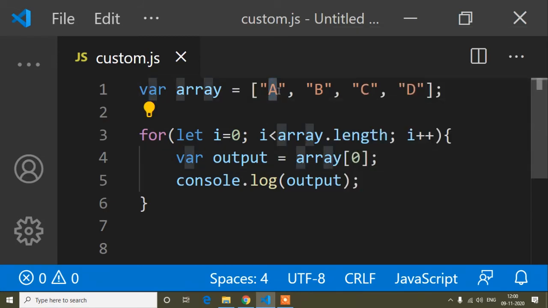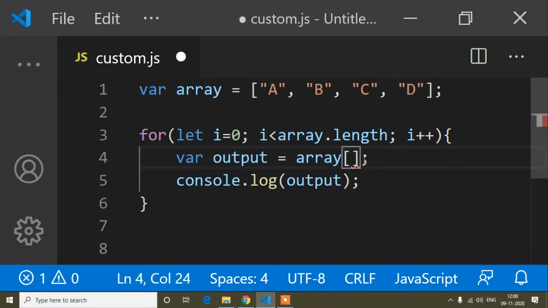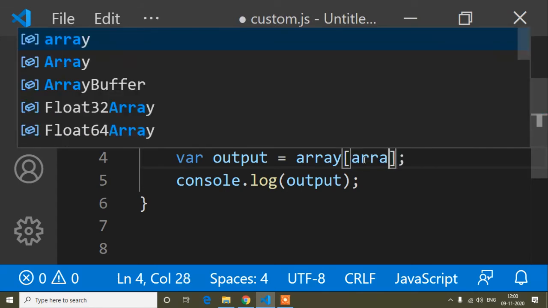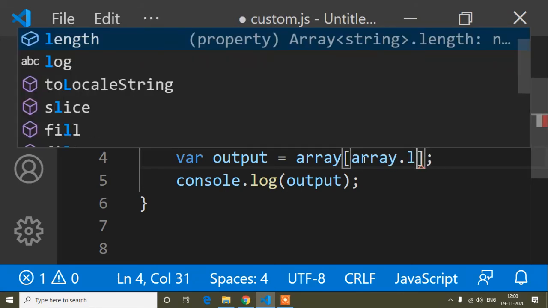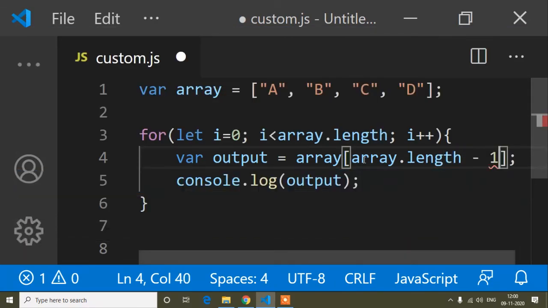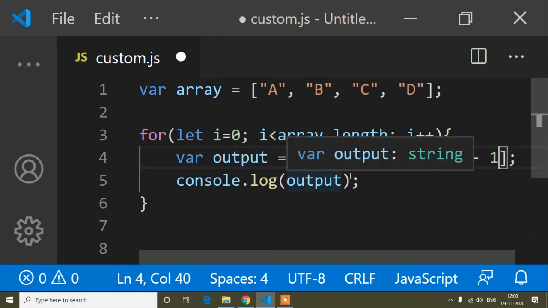If I write 0, it shows the first one. And if someone wants only the last one, you can do one thing. Here you can write array dot length minus 1. So I will explain why I write this code.